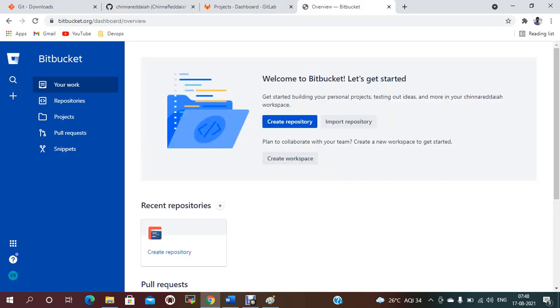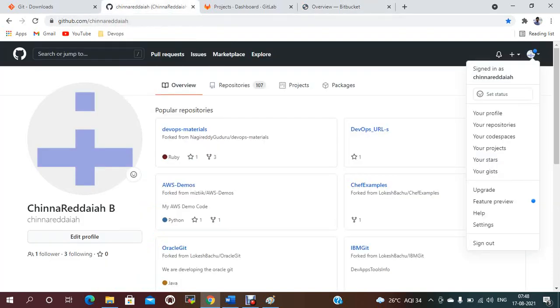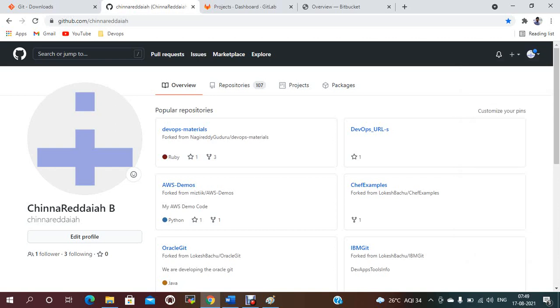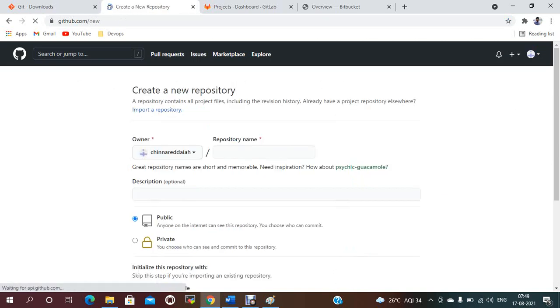Now we will create a folder, create a project, or create a repository, and I'll show you now how we need to do the configuration initially. A repository is nothing but a place to track all your project related files and everything. For that we need one repository. So first we need to create a repository in GitHub. You just need to create a new repository.